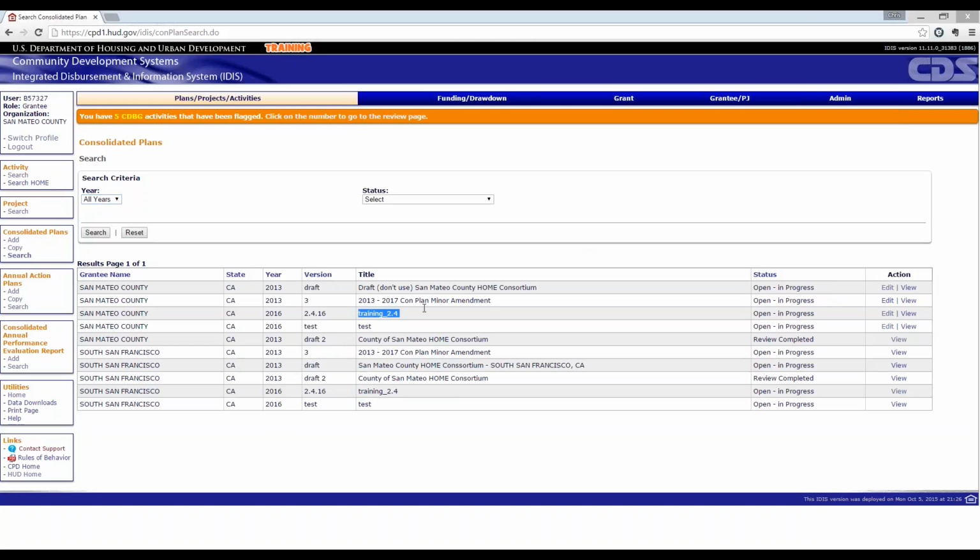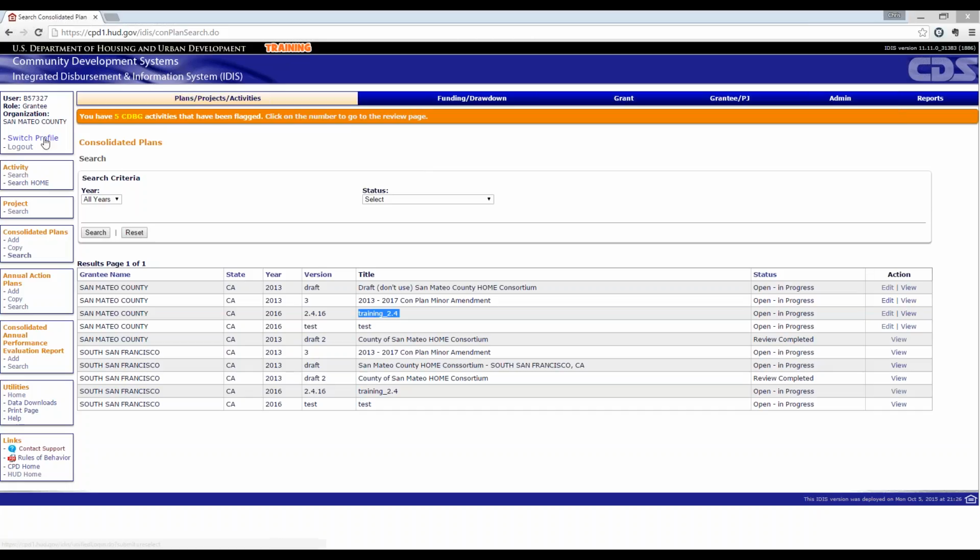Right here's the plan that we created, this training 2.4. You're able to open that to edit it, but you're also able to view the plans of any participating grantees. As the lead grantee, you're not able to edit the participating grantee's plan. That is their CDBG specific plan, but you are able to view it.